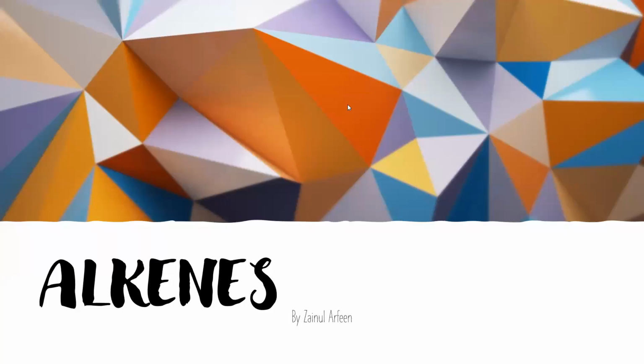Today's topic is the second part of organic chemistry. It's about alkenes. Alkene means between the carbon and the carbon there will be a double bond, and we call that an alkene. But first, why is there a double bond, or how is this double bond formed? So for this,